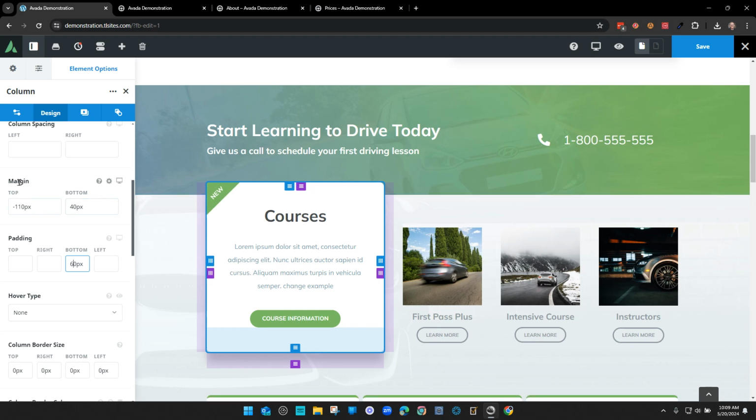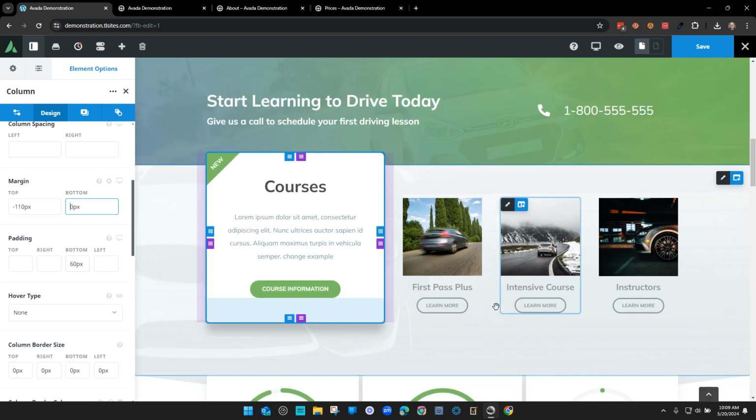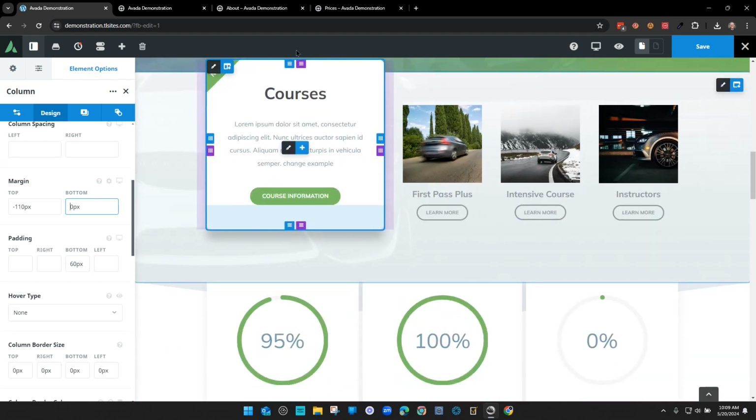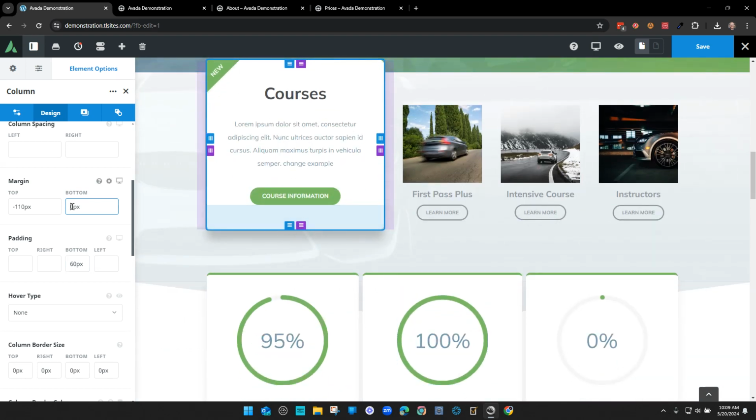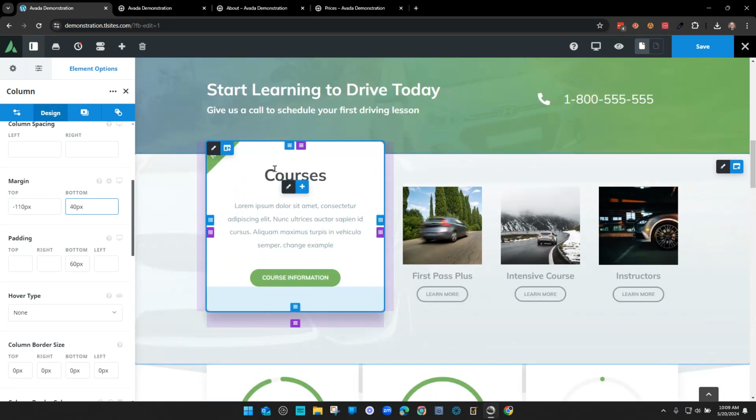And then I can see this margin up here. The bottom margin is showing this purple right here. And again, if I want to, I can manually move it, but we want to keep that because it's going to make sure that the space between this box and these elements and this next one is lined up properly. But then I can see this negative 110, and this is kind of an advanced feature,